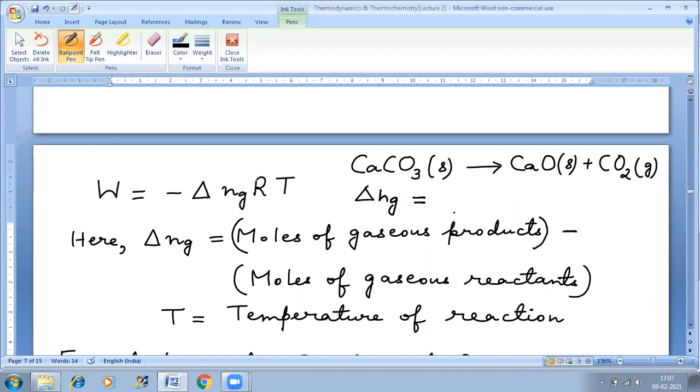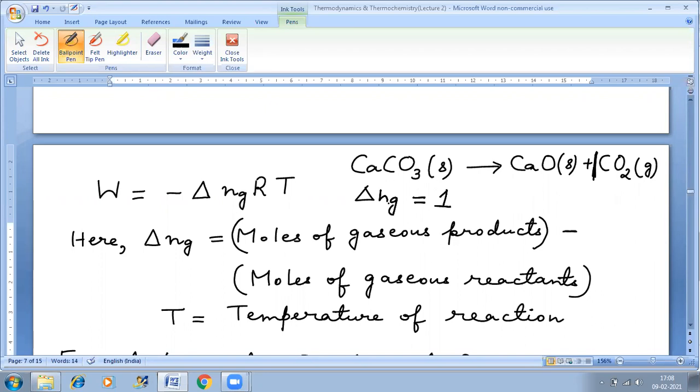We have two products here, CaO and CO2. CaO is a solid because you can see that small s is written after CaO. So CaO is a solid and CO2 is a gas. So I will ignore the solid. I will just focus on the gas. 1 is the coefficient of CO2 here. So I will write here 1. I will not look at the solid. So leave it, ignore it.